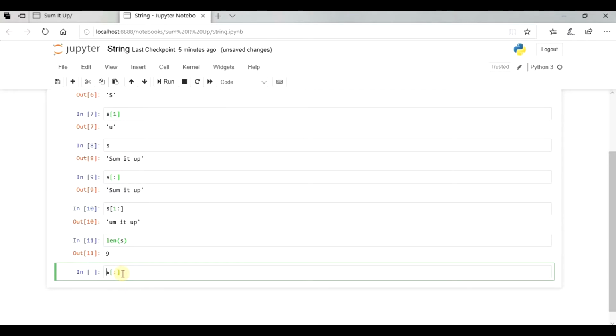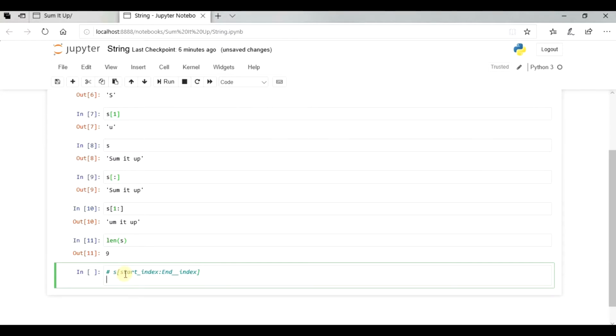So let me write it like this: start_index and end_index. On the left hand side of the colon it will be the start index, on the right hand side it will be the end index. So now we can proceed.